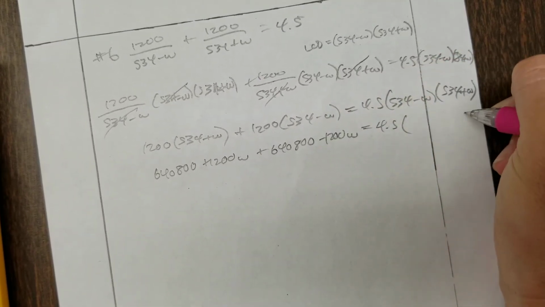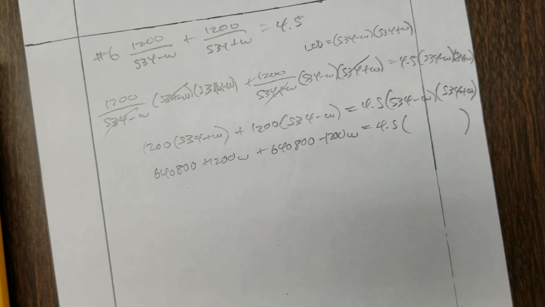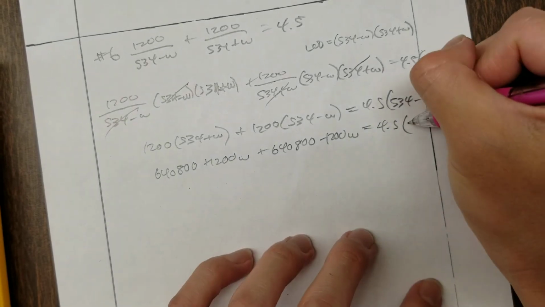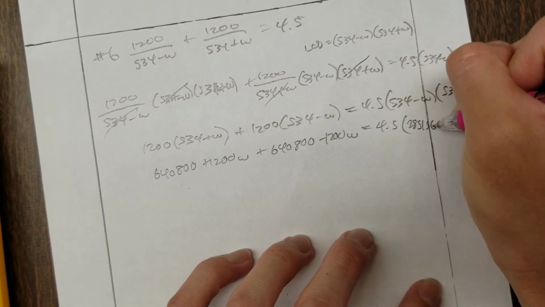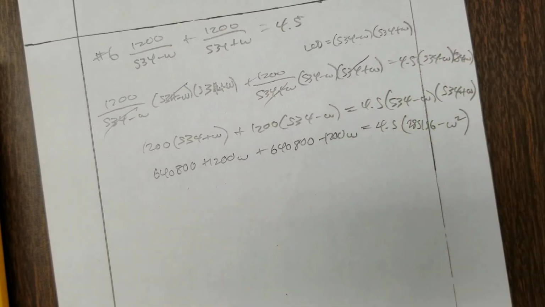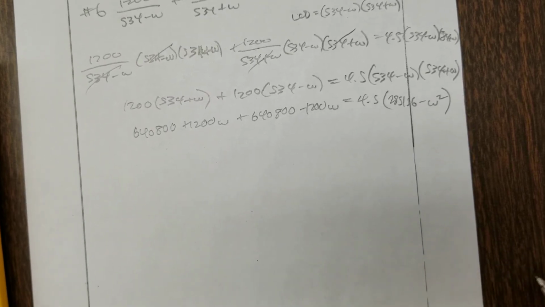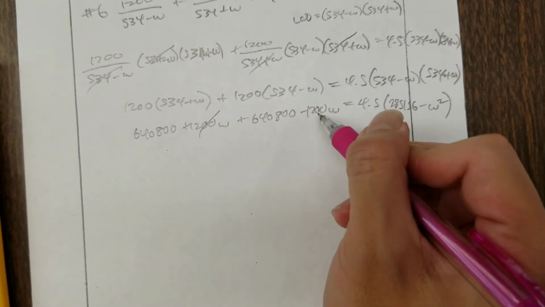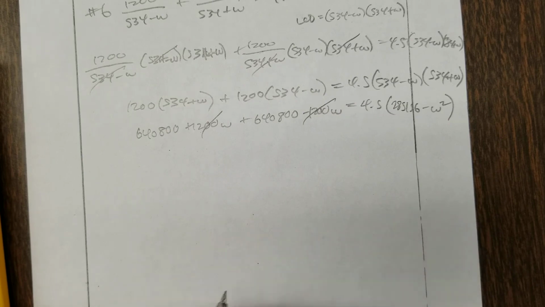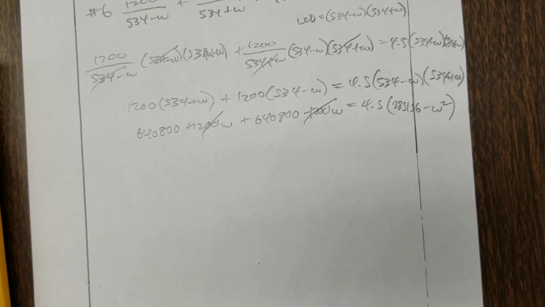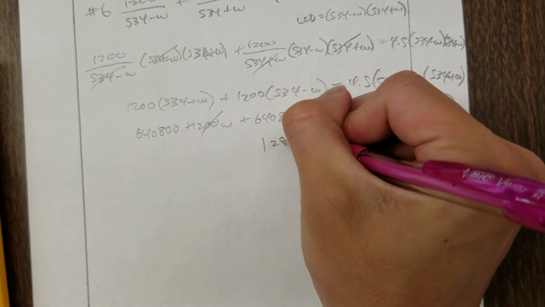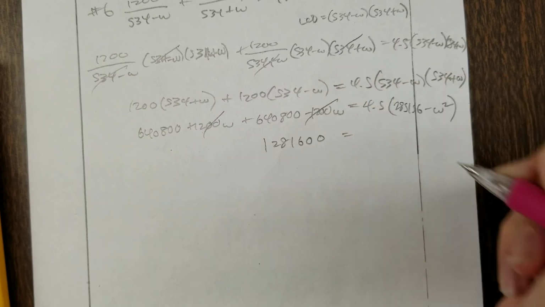4.5. Okay, 534 squared. Good God, 285,156 minus w squared. Yeah, do the box if you don't believe me. All right. Cancel. Cancel. Okay. 640,800 plus 1,281,600 equals